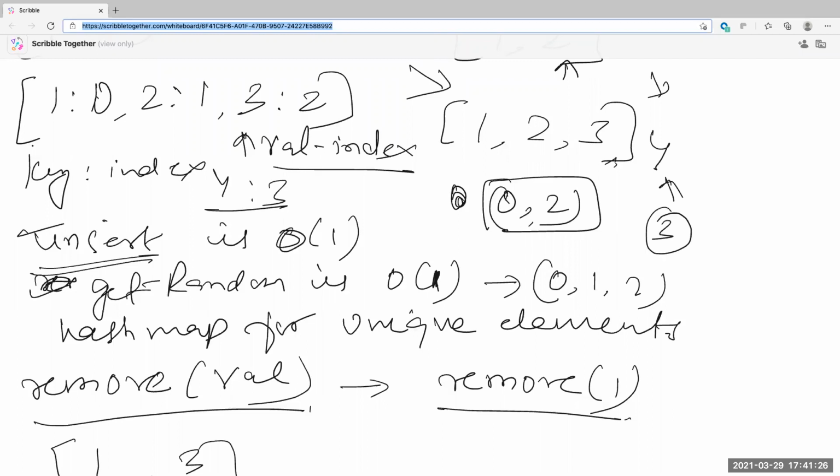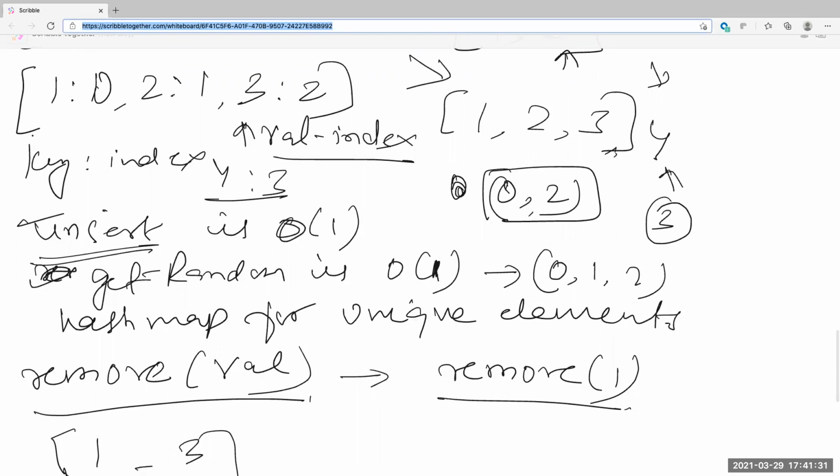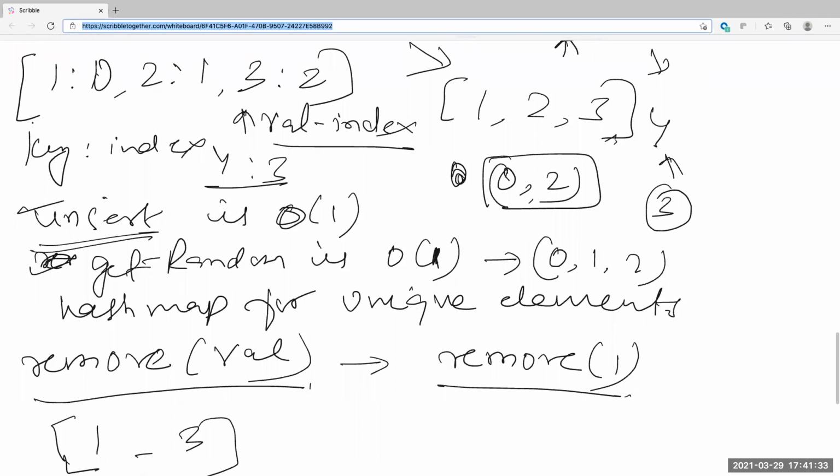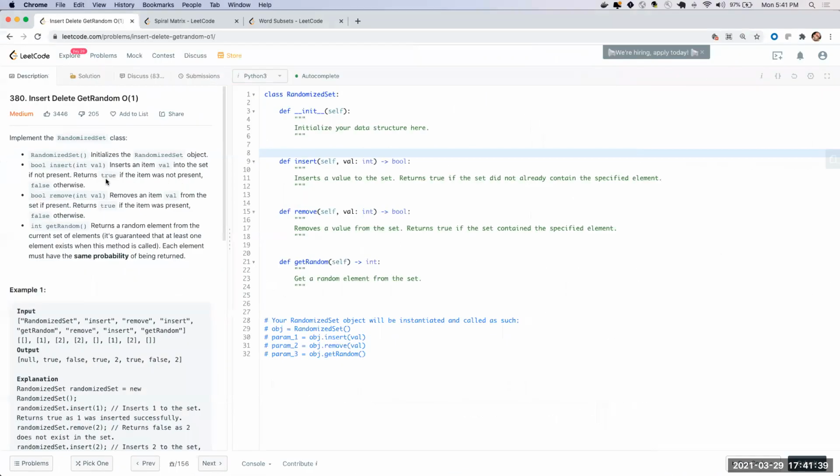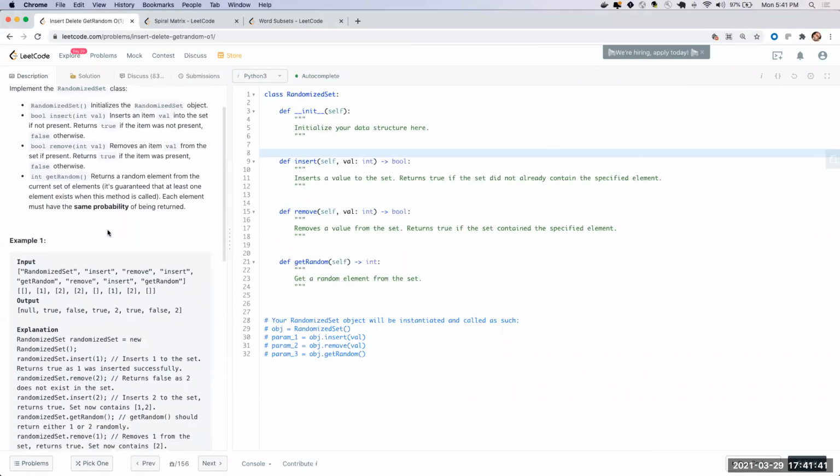Yeah, it's not really a hole, but you are basically. No, it's a hole when you remove. Inserting is easy because you're just adding to the end of the array. So after a remove, if you have done an insert, you are adding it to the end of the array, and then in the hash map.